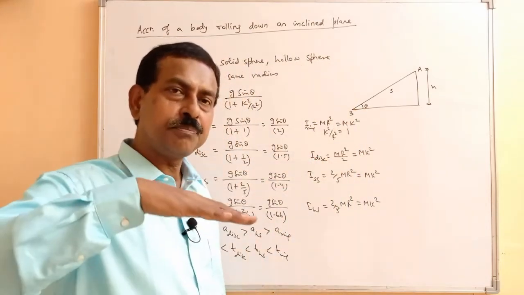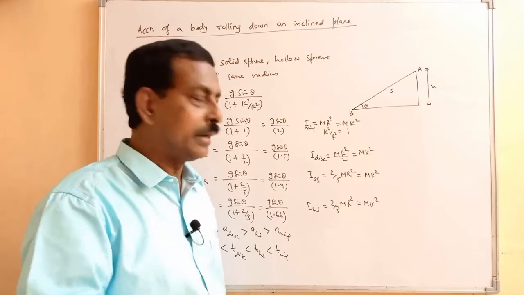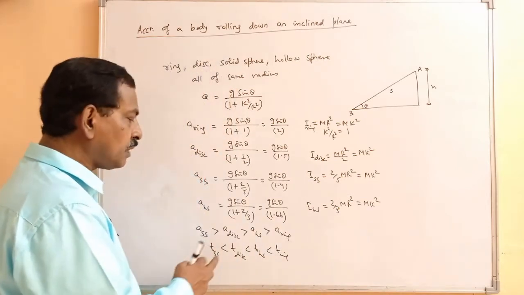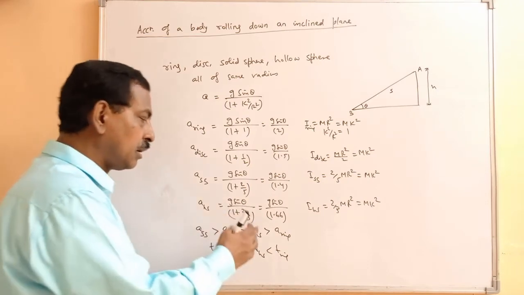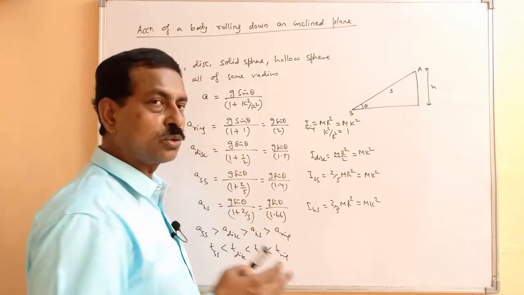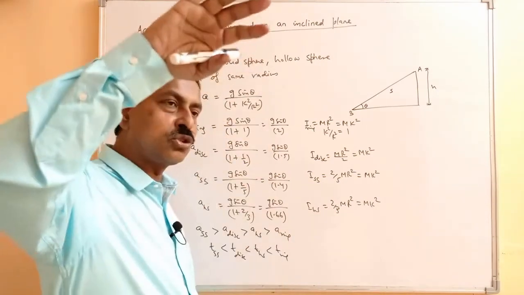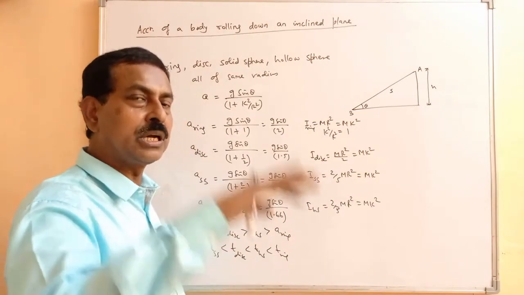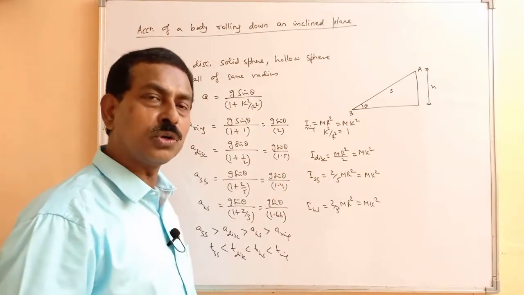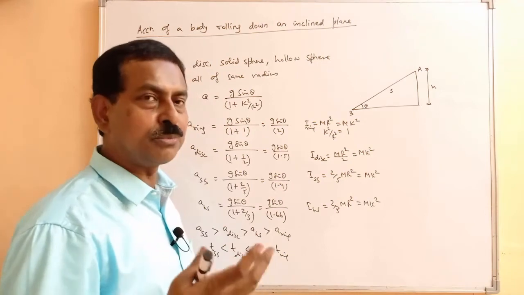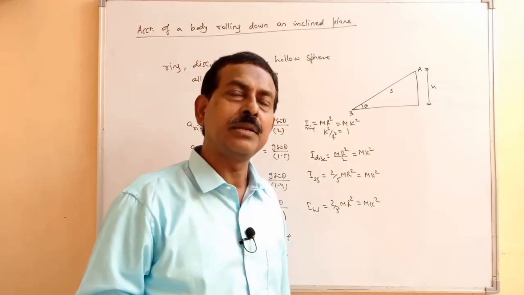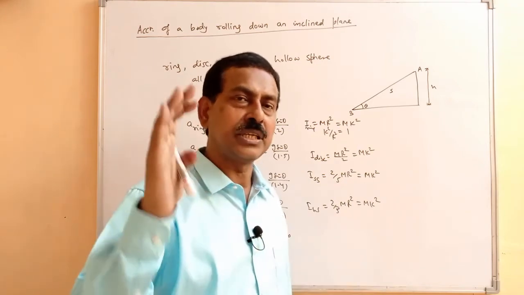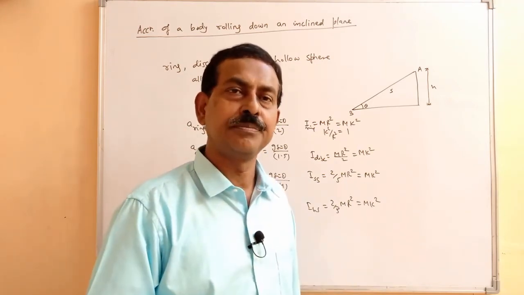We'll roll them down along the inclined plane. Now you see that the solid sphere has maximum acceleration, or it has more acceleration with respect to the hollow one. So in that case, the solid sphere will reach the bottom first, and then the hollow sphere. So to distinguish the two, you just roll them down along the inclined plane. The solid sphere will reach first, and then the hollow one.